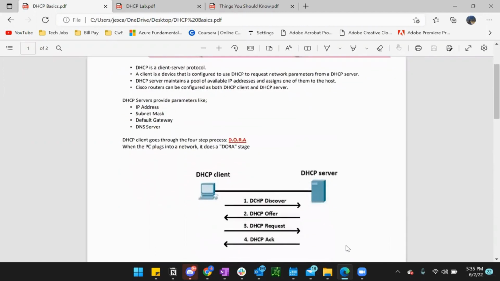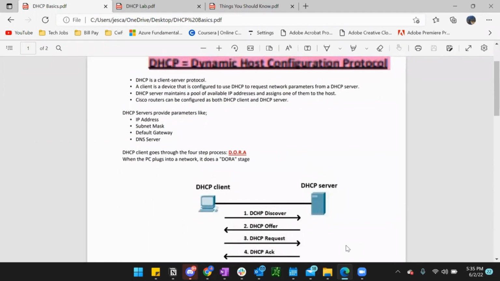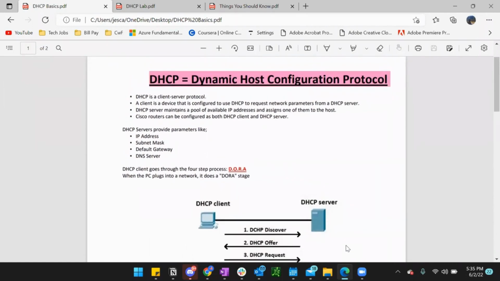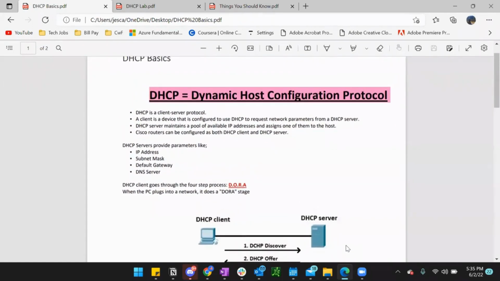If you look down here, the client is just a computer. A DHCP client is a client that needs an IP address. So remember in Packet Tracer, what we would do is assign IP addresses to the host. We would go into the computer and put in an IP address and a subnet mask. But let's say you have 50,000 computers. Instead of manually assigning an IP address for 50,000 computers, you have one server that